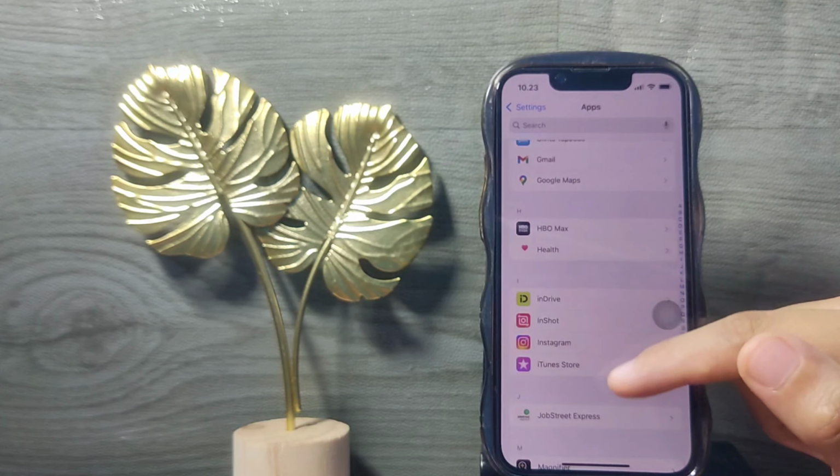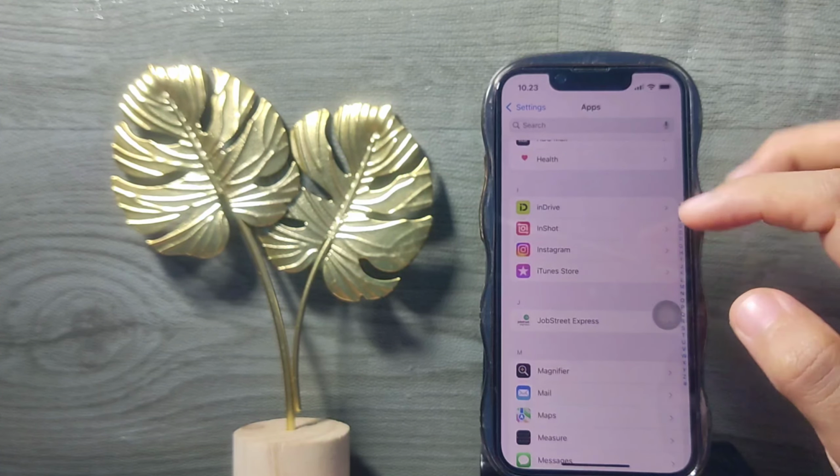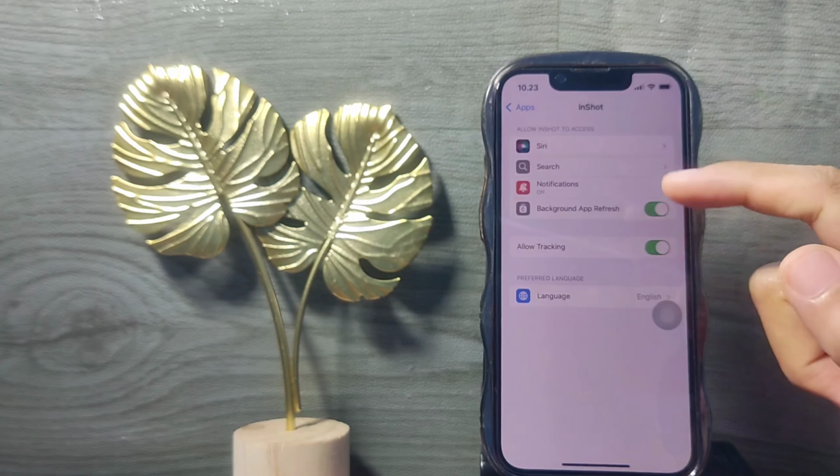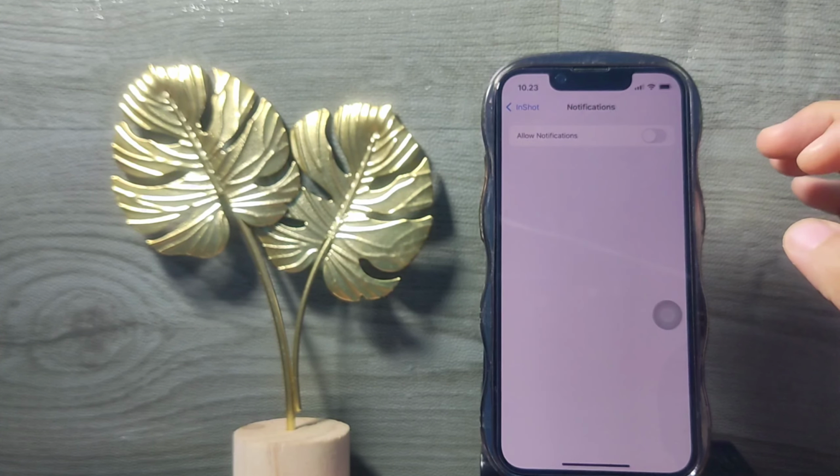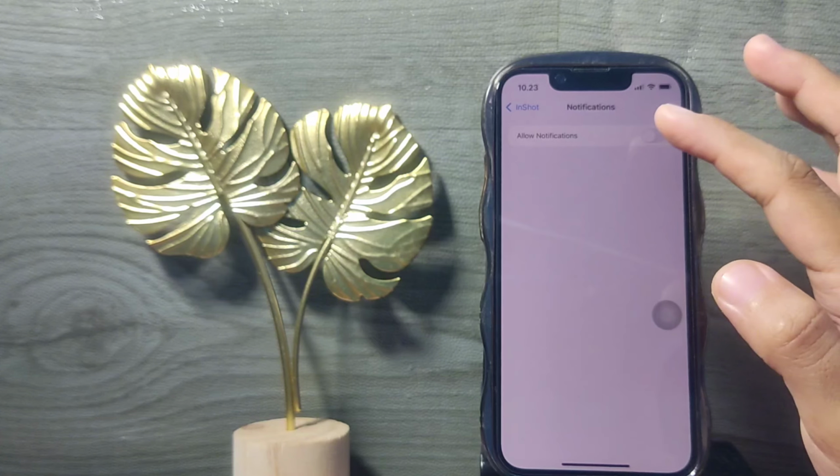Here I'm gonna scroll down. And this is what I mean, the InShot. I'm gonna tap on it. You'll find the notifications option, just tap on it. And if you wanna enable the notifications, you just have to tap on the toggle beside it like this